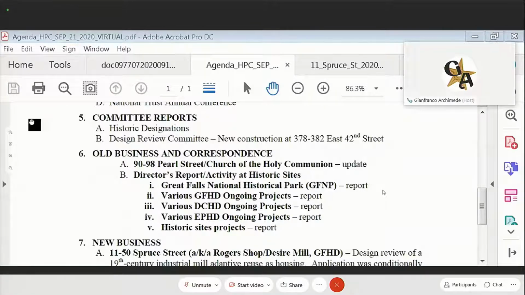Conclude historic destinations? Yes. Thank you very much. So we'll move on to B, Design Review Committee, new construction at